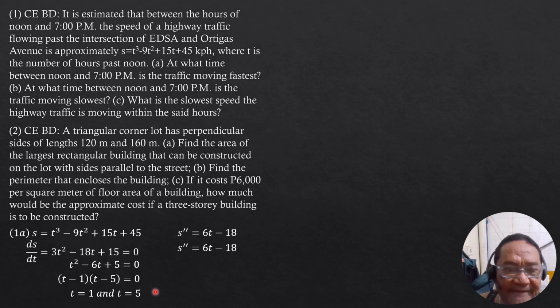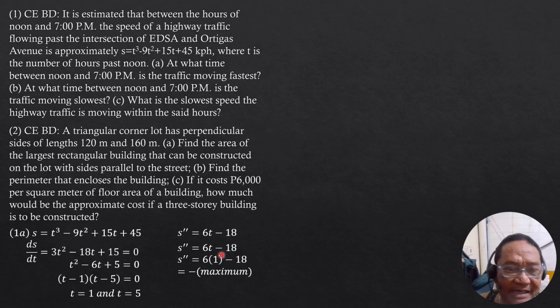it is concave down. The curve is concave down, and if it is concave down, it means that at the highest point, derivative of s with respect to time is 0, that corresponds to maximum. Because it is negative, it is maximum. Therefore, the speed is maximum or fastest when t is 1.